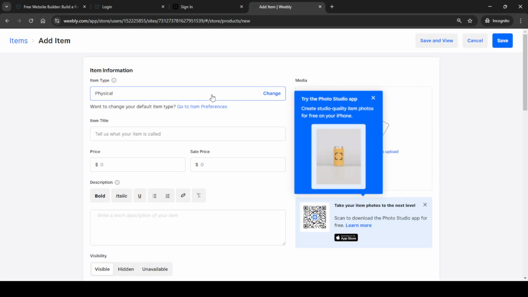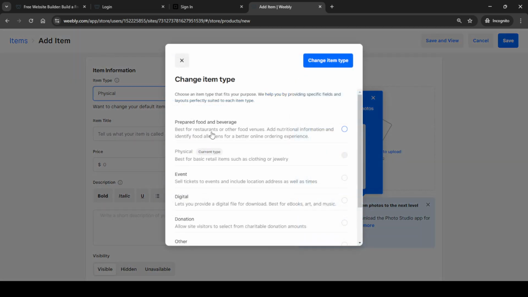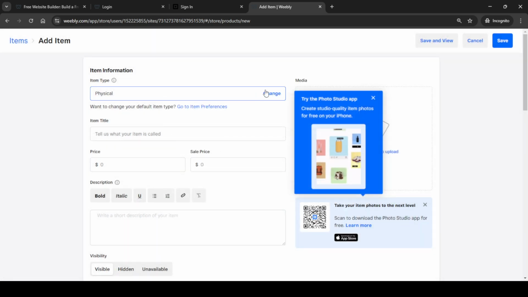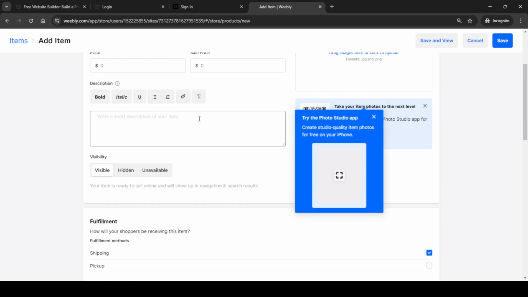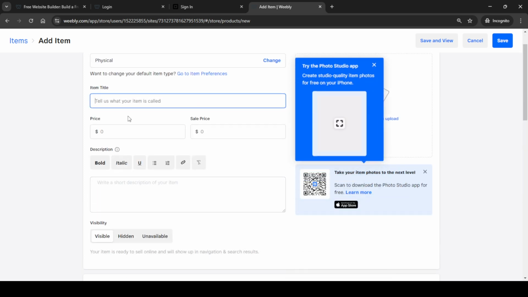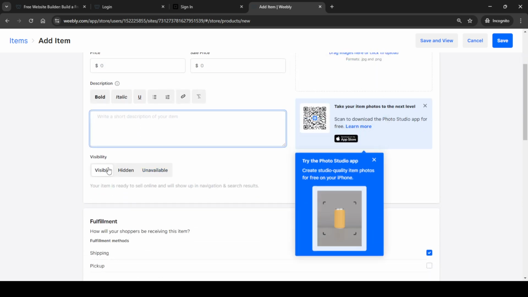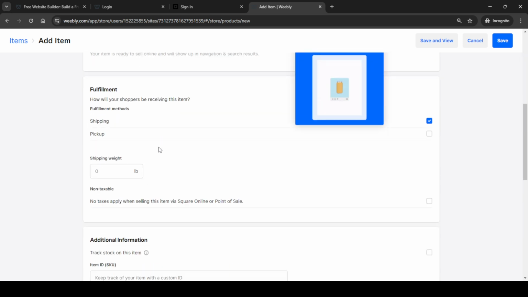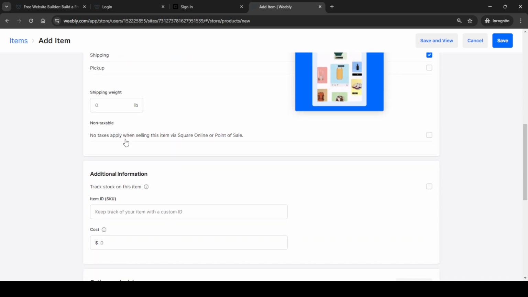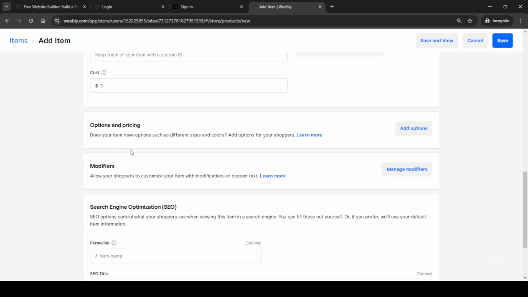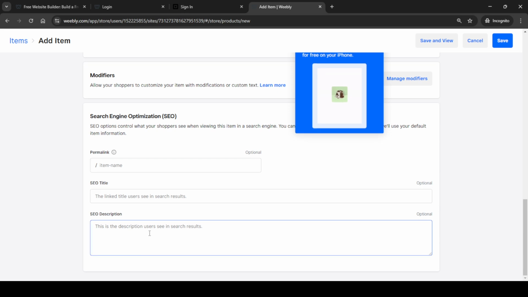Making your product visible is crucial. Be sure to enable visibility to ensure it's available for your customers to buy. Additionally, configure how you'll fulfill the orders, such as shipping methods, and input shipping weight if applicable. Adding a stock keeping unit or SKU can help you track your inventory more efficiently. With your product details sorted, move on to optimizing for SEO. This enhances your store's online visibility, bringing more potential customers your way. Once you're done with the setup, don't forget the important step of clicking Save to keep all those hard-earned settings